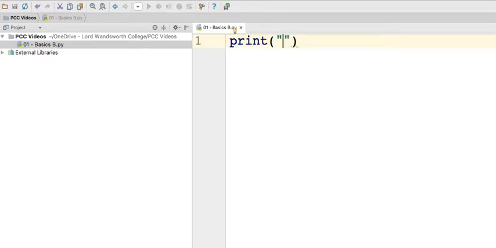Now don't forget guys, you'll notice PyCharm very nicely has put in closing brackets and speech marks. Do make sure guys, anytime you make a speech mark or a bracket, make sure you close it as well, otherwise it will cause no end of problems. Then we just type in hello world,